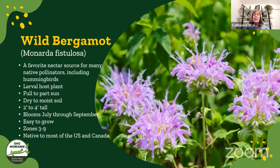Likes full to part sun, dry to moist soil, so very, very adaptable. Gets 2 to 4 feet tall and blooms July through September. This is another one that's very easy to grow. This is the species that is more prone to getting powdery mildew when it's done blooming. If it gets unsightly, you can always trim the plant off,